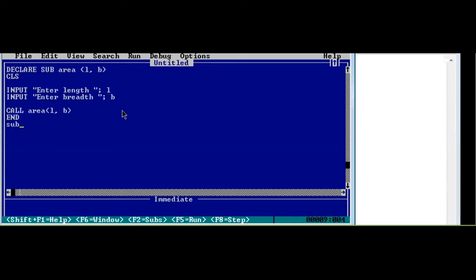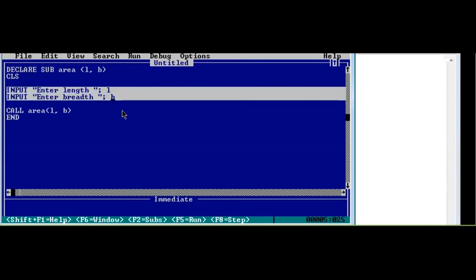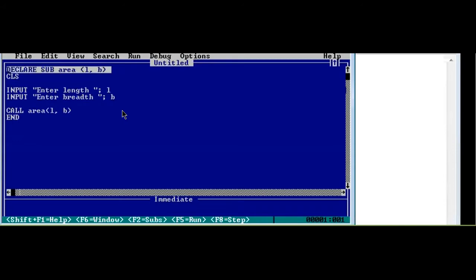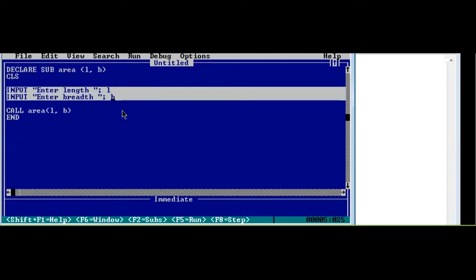Okay, I wrote the whole program. Now there are two things that need to be taken as input, that is length and breadth. So after declaration, we write CLS to clear the previous output. Then after CLS, always, if there are any inputs to be taken, we write the input keyword and